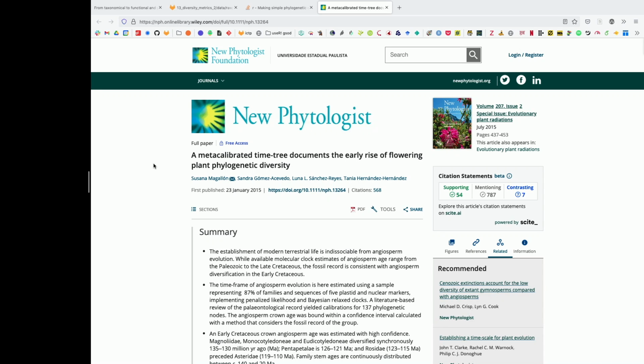Some people who are evolutionary biologists resolve meta-calibrated trees, large trees. So we have in biology classifications, and we have different classifications for animals and plants, and meta-calibrated time trees are there as supplementary material of some people's work. And this meta-calibrated time tree created by Susana Magallon, she's at the UNAM in Mexico,